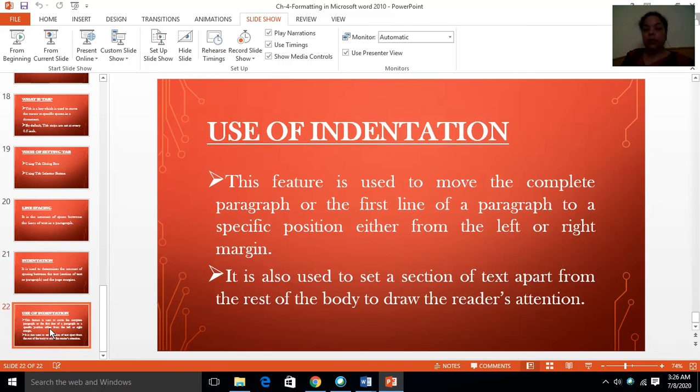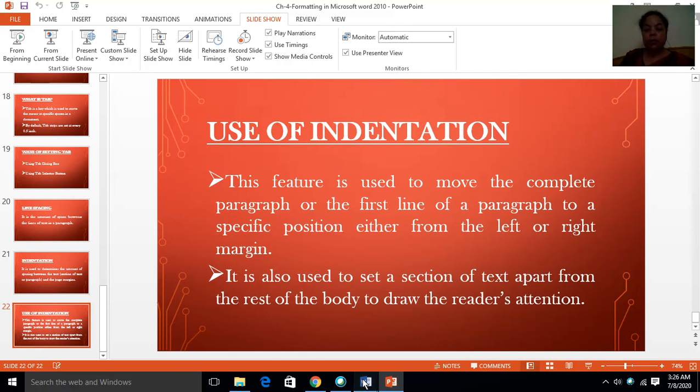This feature is used to move the complete paragraph or the first line of the paragraph to a specific position, either from the left side or from the right margin. And it is also used to set a section of text apart from the rest of the body to draw the reader's attention. If I want to differentiate my paragraph from other parts of the text, that time I can use indentation.